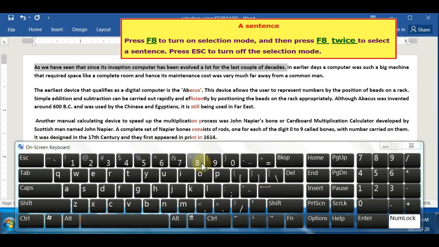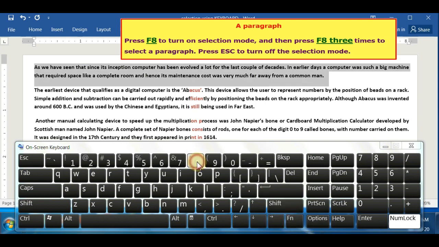And if you want to select a paragraph, you have to press F8 three times, that function key. If you keep pressing, it will go on like that.